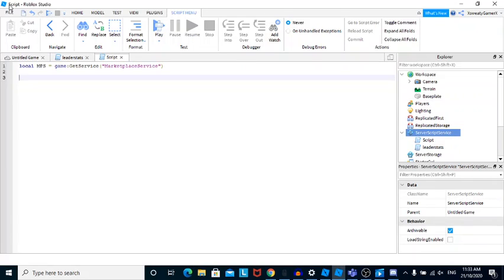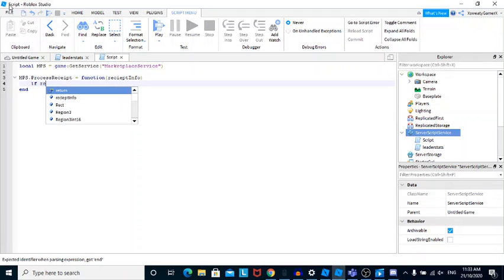We're going to go MPS.ProcessReceipt equals function, and we're going to go receiptInfo, with a capital I. Then we're going to drop another line and go if receiptInfo.ProductId equals